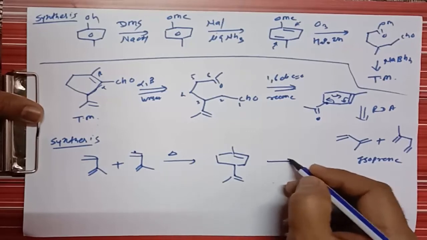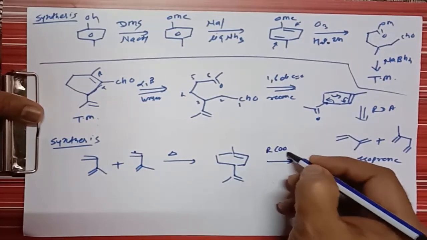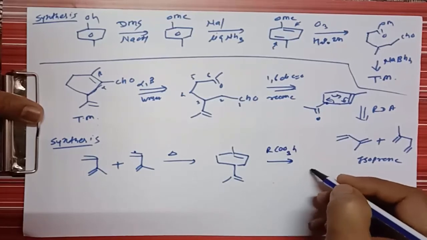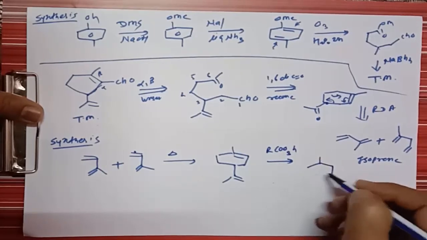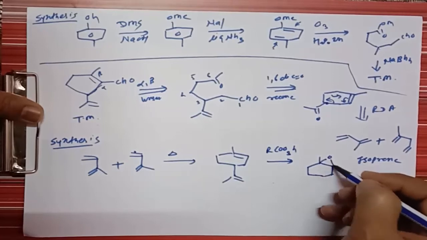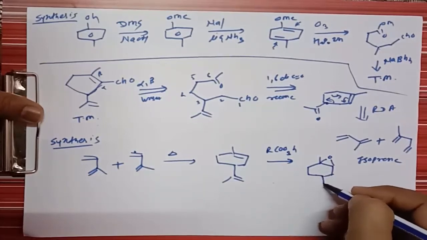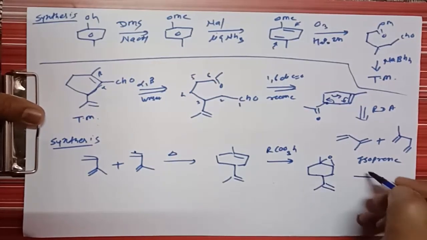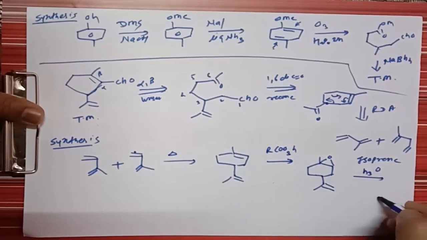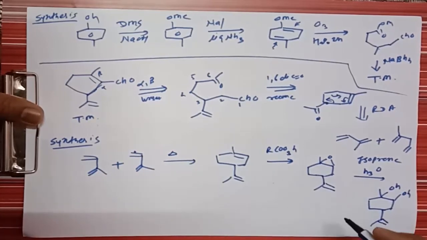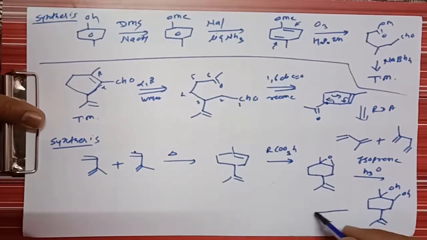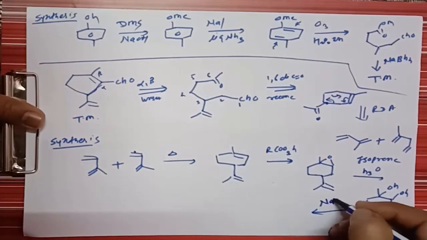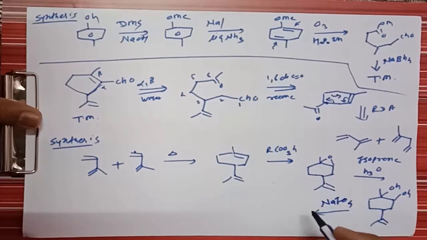But instead of going for ozonolysis, if you go for per acid addition, what does it give? It gives formation of the epoxide at this center, right? Because this center is more electron rich as compared to this terminal bond, and therefore if we hydrolyze this molecule with H3O plus, it gives formation of a diol. It gives such a diol, and the remaining bond will remain as it is.